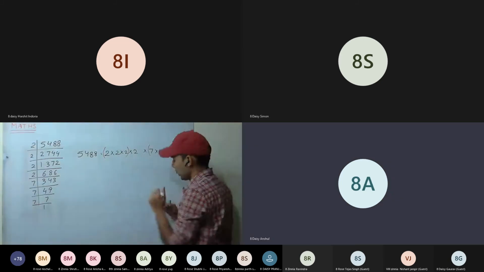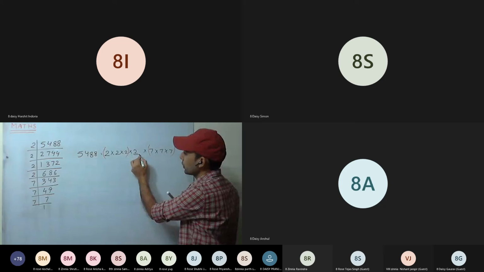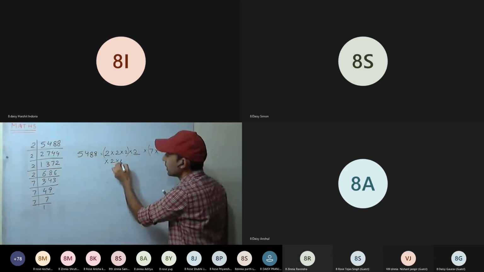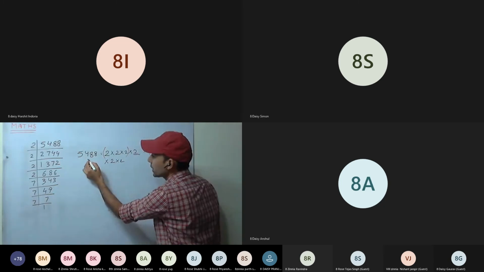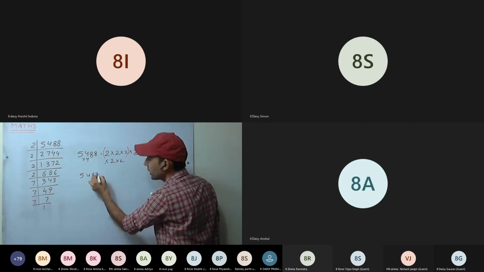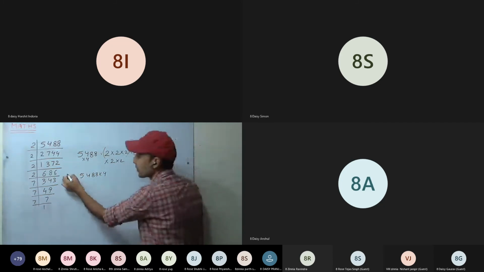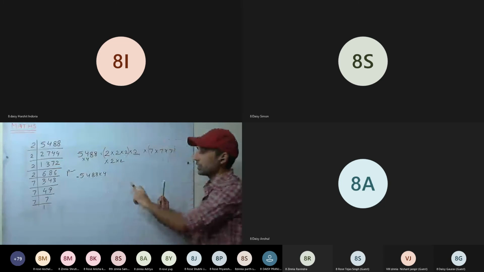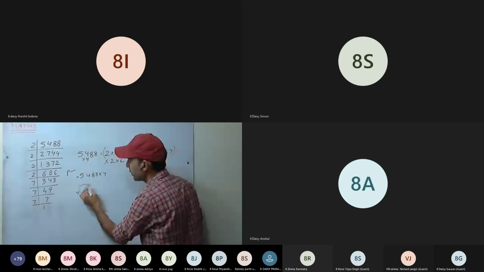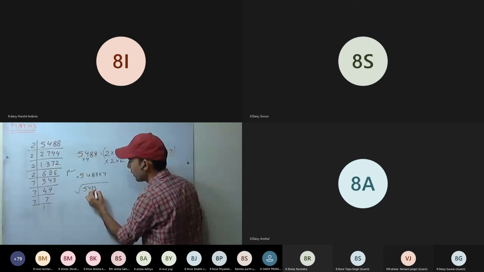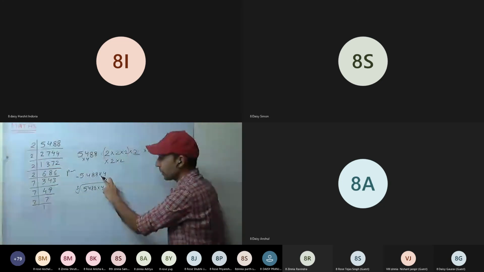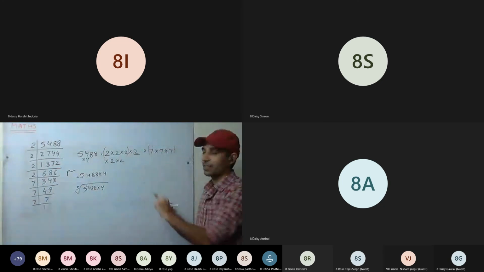4. So see here, we have to make the triplet of 2. That means one 2 is there, 2 more 2s we have to multiply. So this has to be multiplied by 4. So the perfect cube will be 5488 into 4. And what will be the cube root of this one? How to calculate? Again, you will multiply, then factorize, or you can simply get it.